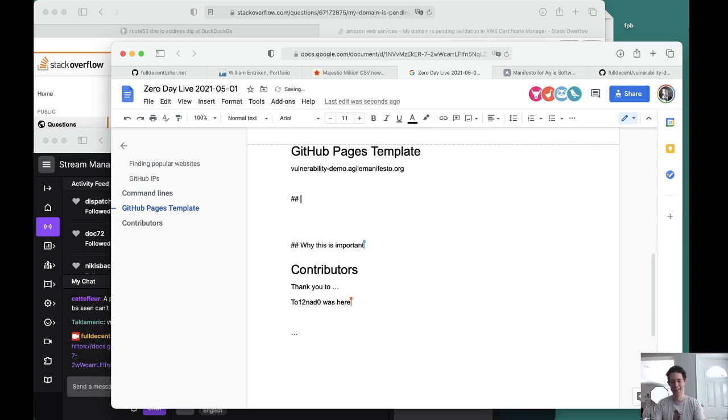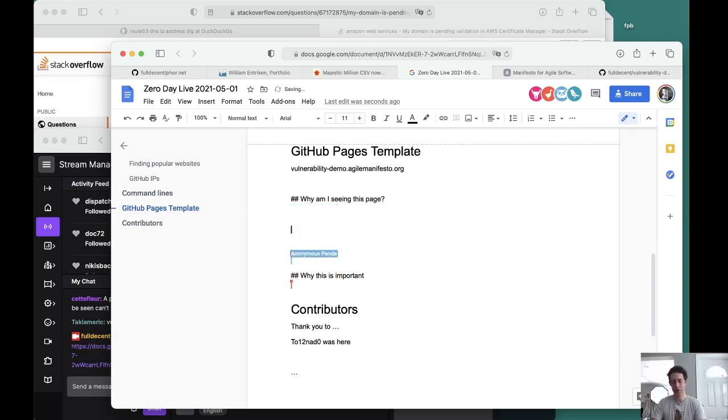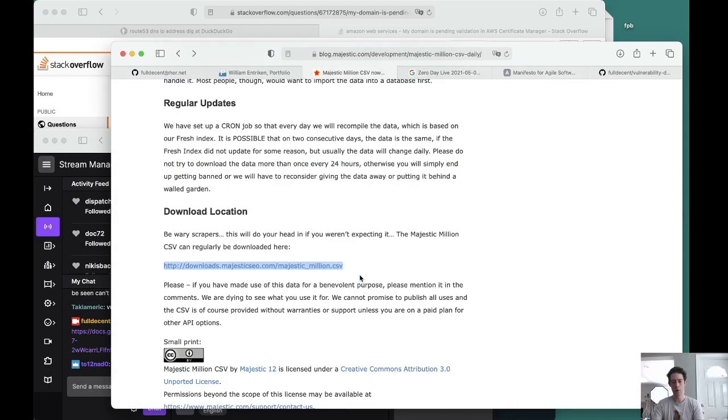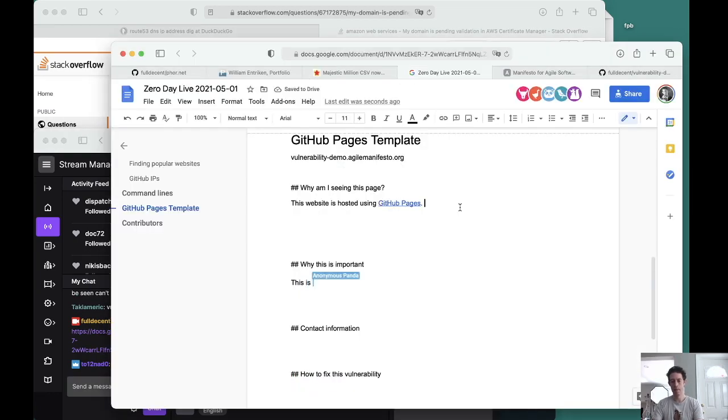So, why am I seeing this page? Why is this important? This is going to be an important discussion. Any other topics? Contact information. We can put a little bit of detail in here.